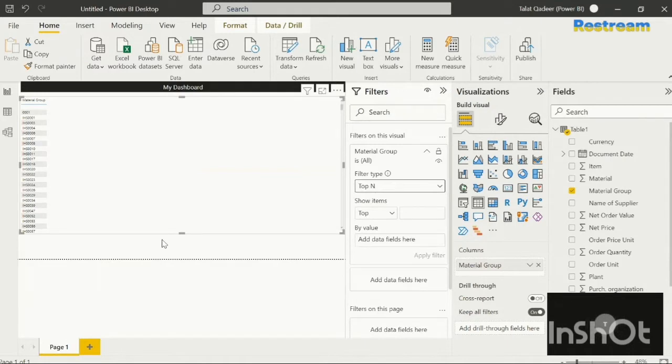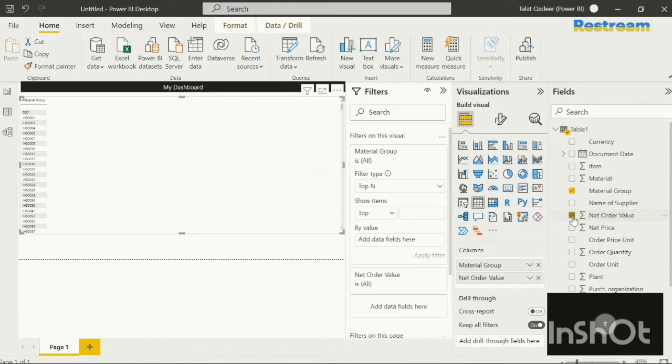So currently I have the material group only. Now I also need to show what my spend or procurement numbers are on it. So when I click on it, because this box was clicked already and I clicked on this, it will automatically become part of this box. Okay, so I'll reduce the box size,